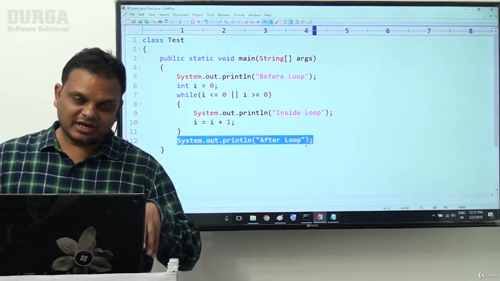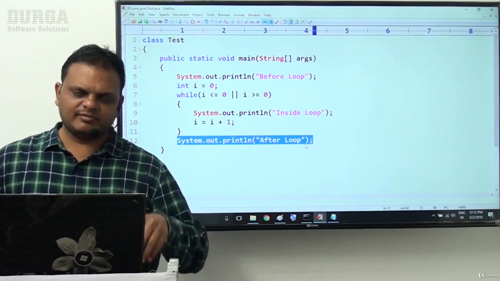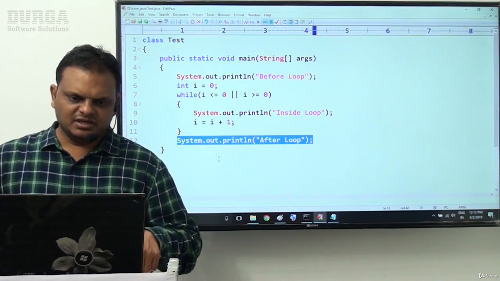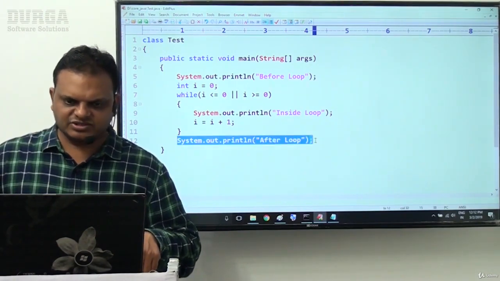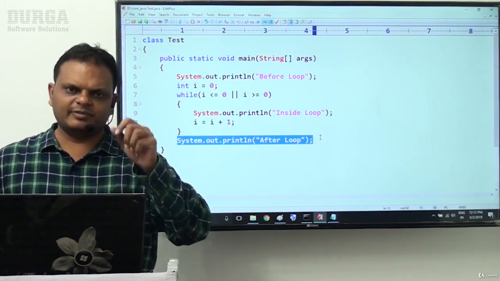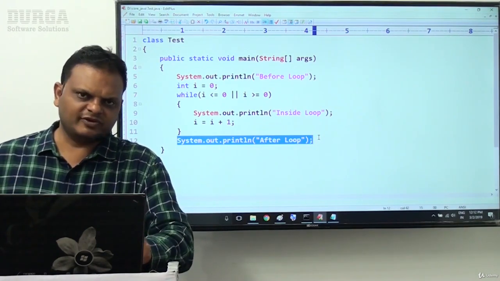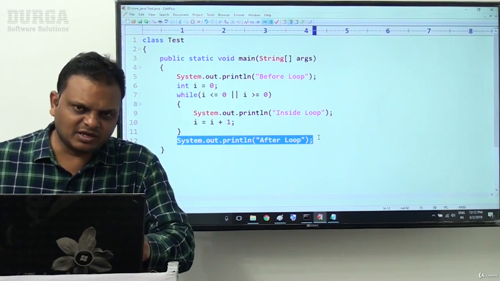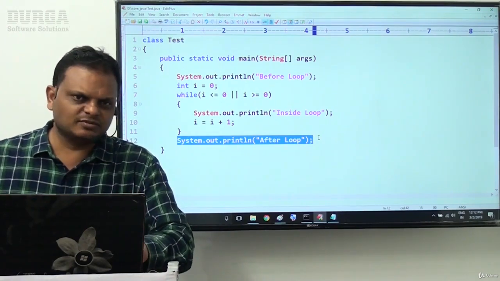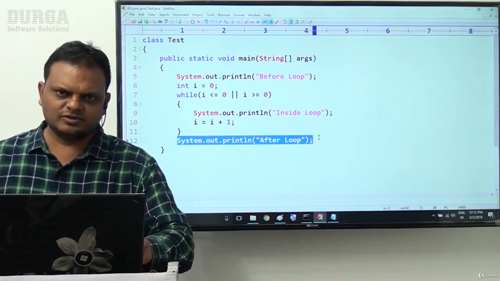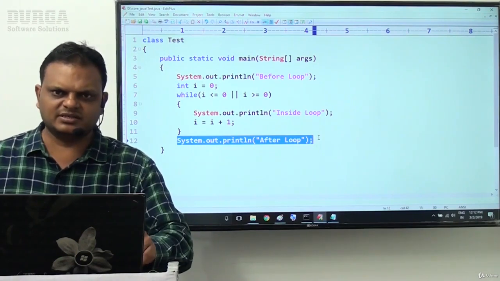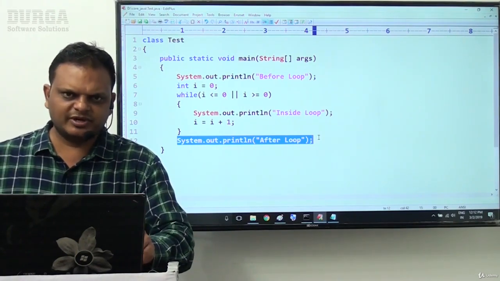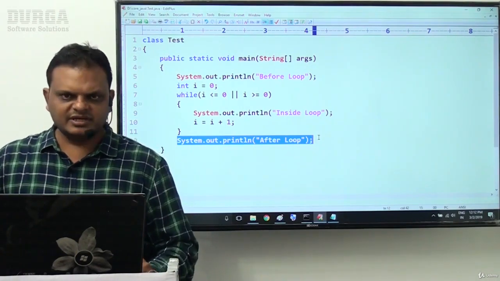But when are we able to get a compilation error and when not? When the compiler recognizes the statement as an unreachable statement, only then will the compiler raise an error. If the compiler has not recognized it, even though it really is an unreachable statement, the compiler will not raise any error.